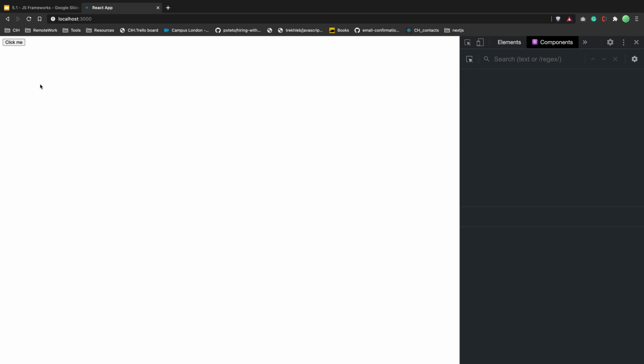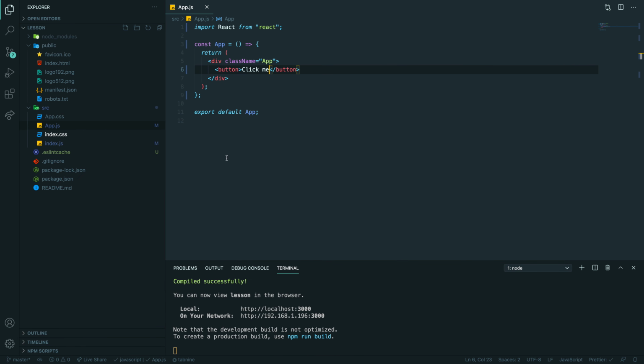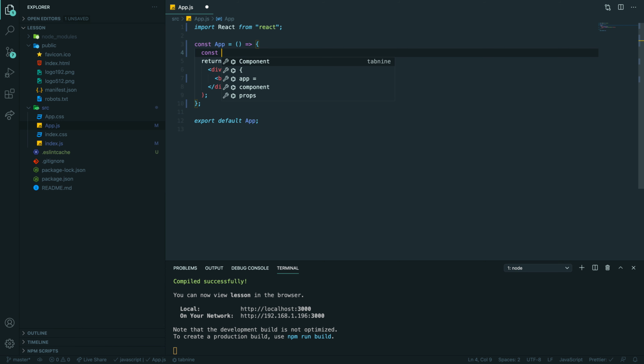So here we have the button, and I want to add a class. In React we don't have class, we have className. className, and let's say, I don't know, main button, right? And maybe here I want to have some button text. That will be a string.